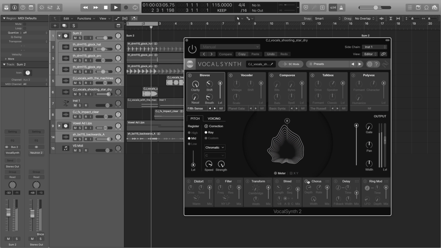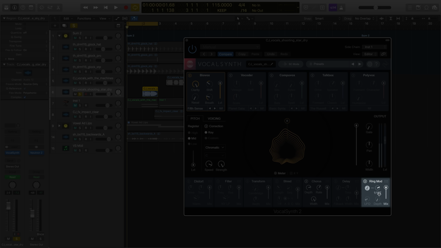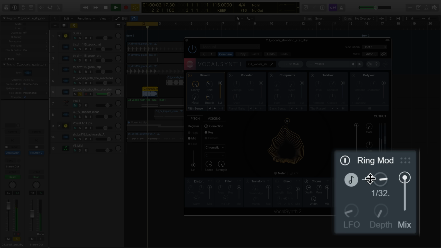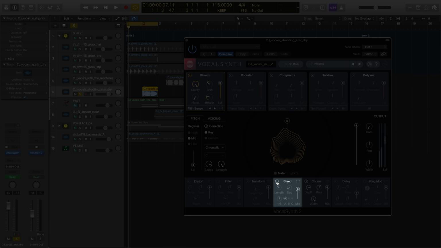Up into the sky. We now have a ring modulator that doubles as a unique tremolo-like effect. Up into the sky. Also, our shred effect has been completely rebuilt, allowing you to more effectively slice and sequence